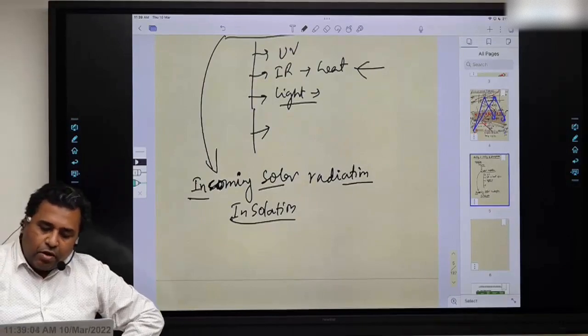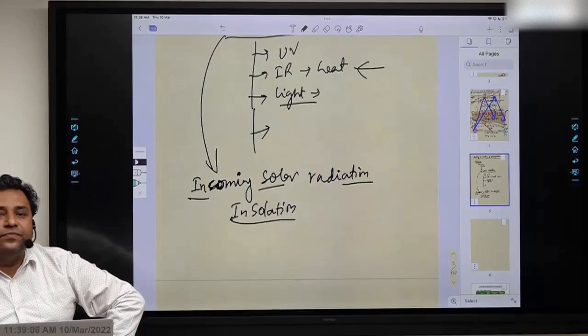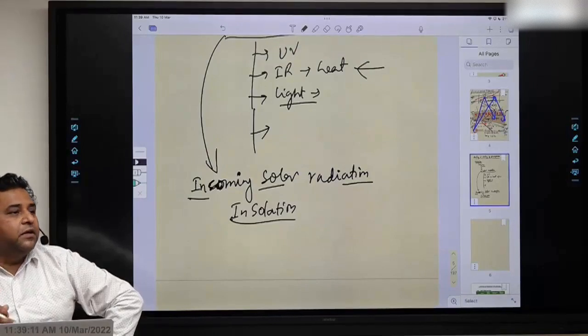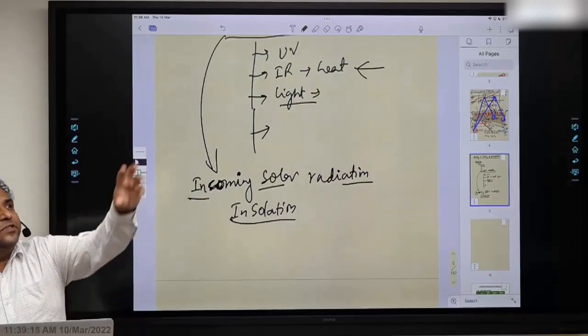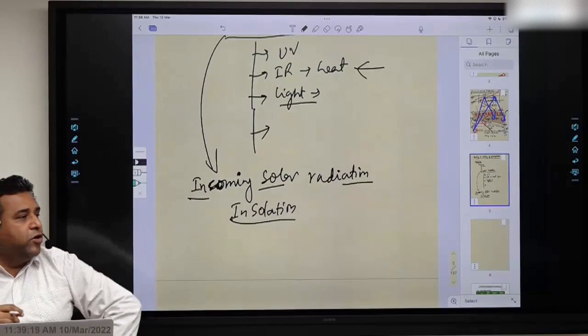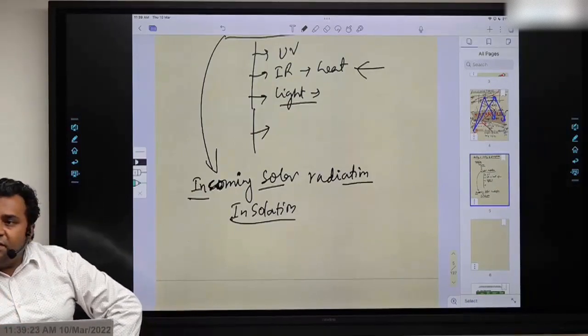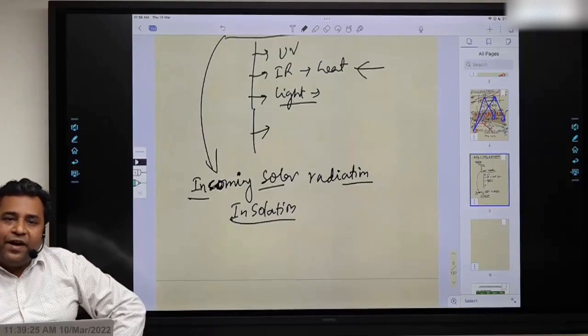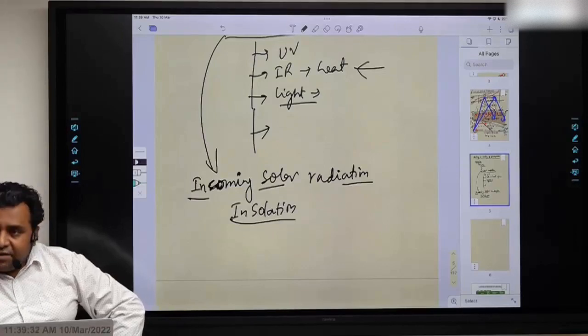Okay? Now how much of the total radiation of the sun do we receive? It is like, if this light is giving 100 units of light, how much of that are you receiving on your body? Do you understand this? In the same way, the sun is releasing a lot of light or energy, but how much of that do we receive on the earth? That is what we have to write, right?